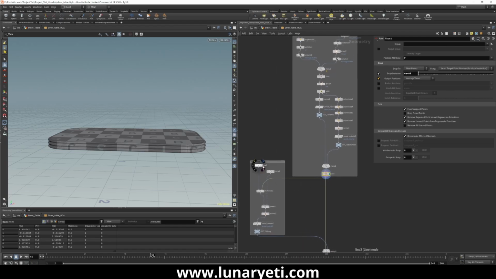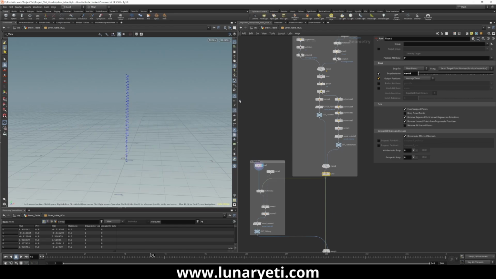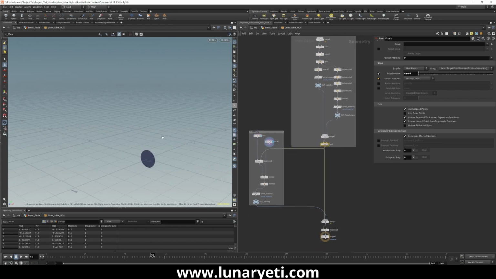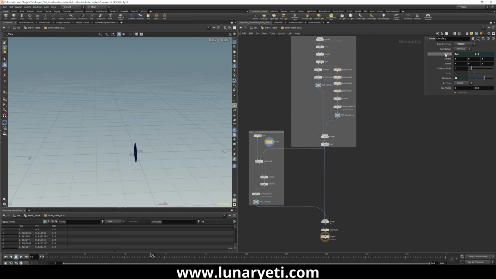To work on the bottom part, or the leg of the table, nothing complicated, just a simple line, as you can see here. And we also take a circle. I added the circle in, and for the circle we can control the radius and the divisions. This will control the resolution at the HDA level, and the radius, as you know, controls the radius of the circle. And then what we do is a sweep, but before we do a sweep